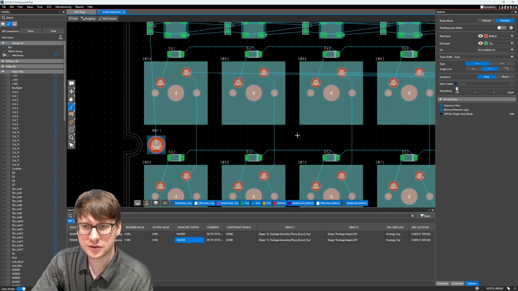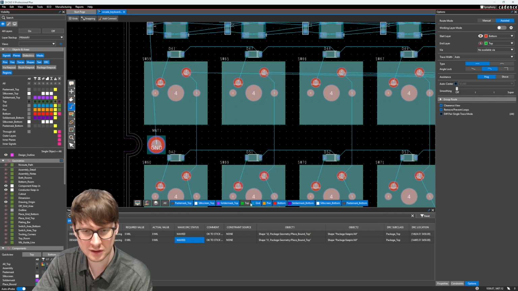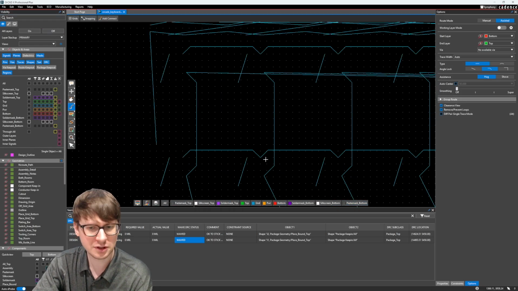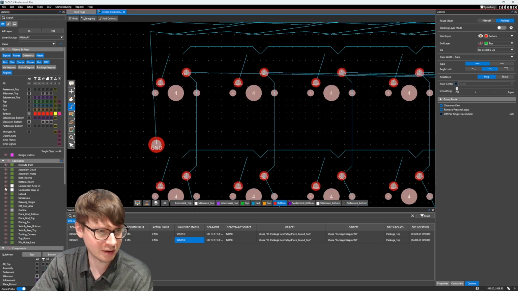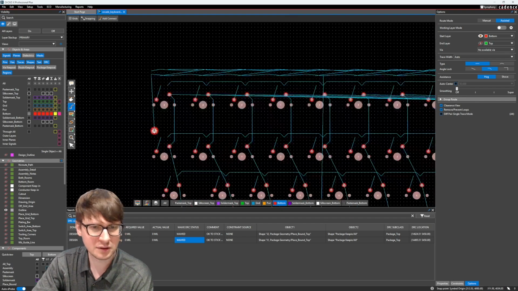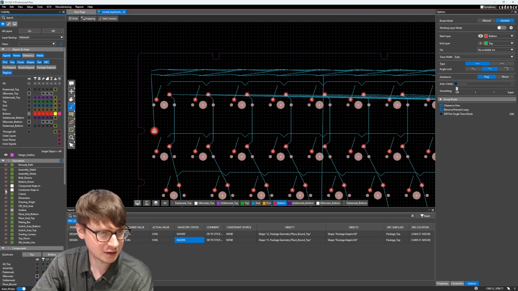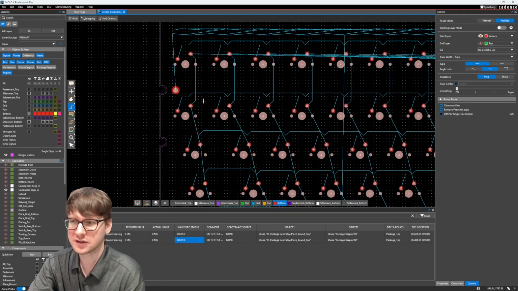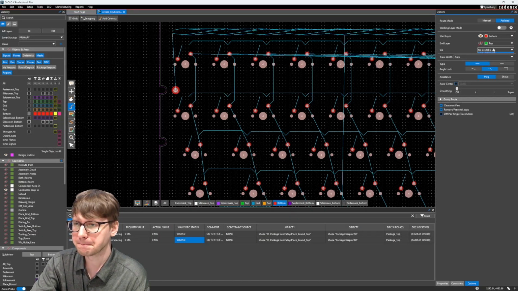For now, we are going to start routing actually on the bottom layer, so that is correct. And if we go to my visibility here, let's go ahead and just turn off some of these other layers. And we're just going to focus on routing for now. So, we'll just turn off everything, turn on just bottom. And I do like to keep the board outline on and the conductor keepin. And we're just going to be following these lines. So once we're working in this